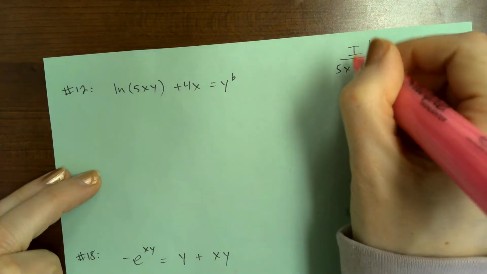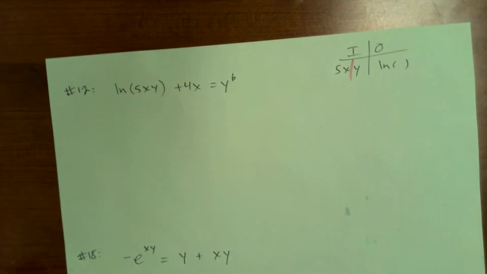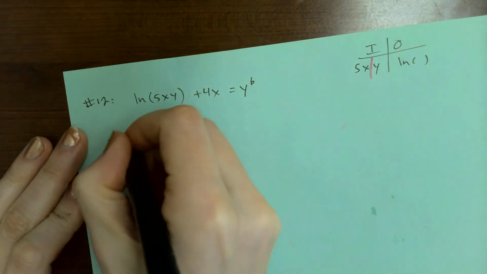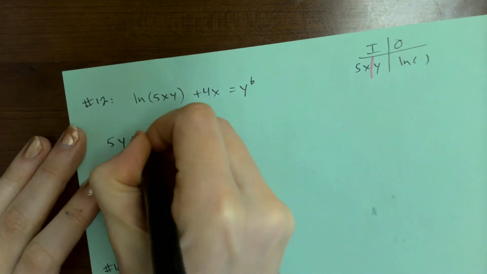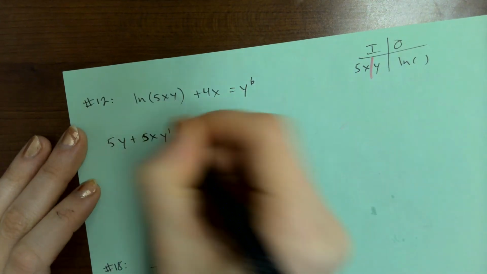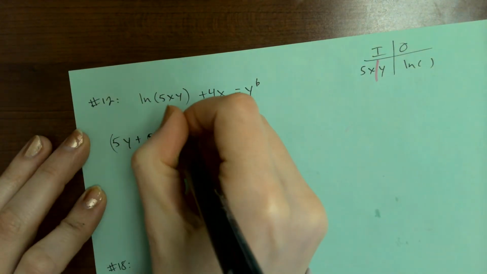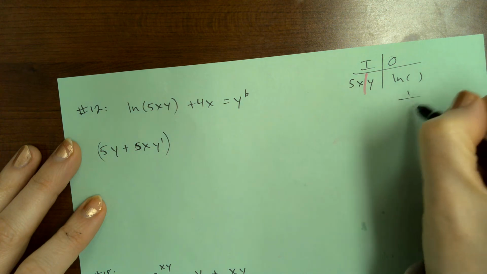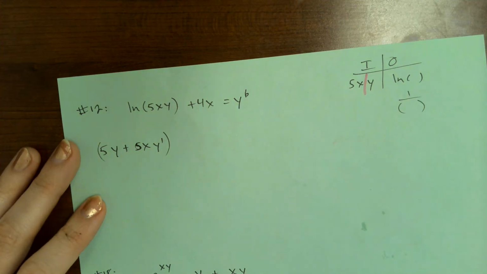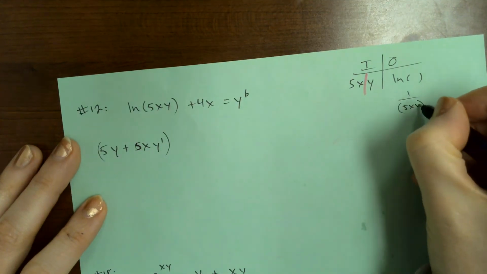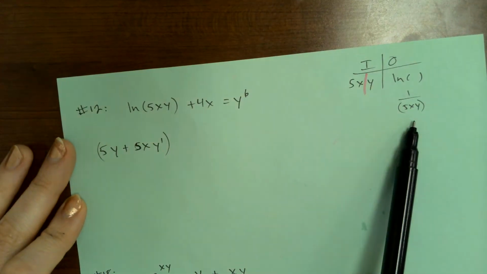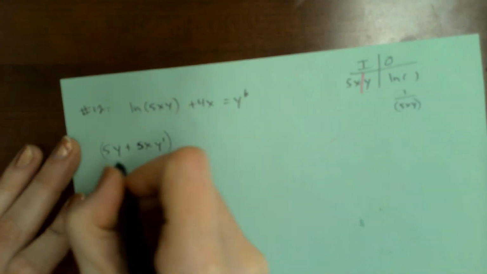I'm just not even going to really talk much. I got to do product rule there. Okay, so 5y plus 5x y prime times, all right, the derivative of this one is 1 over blank. And then the 5xy is going back in. So the derivative of this inside gets multiplied by that. So this is all just going to end up